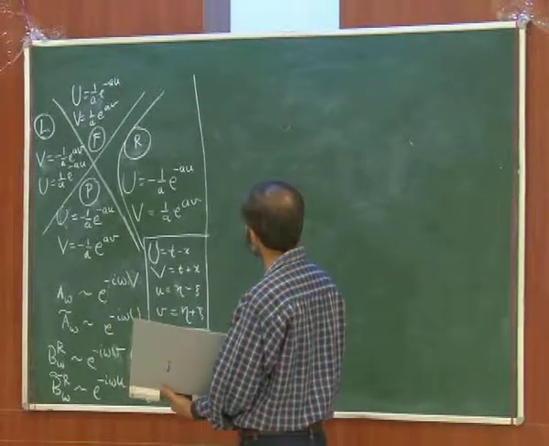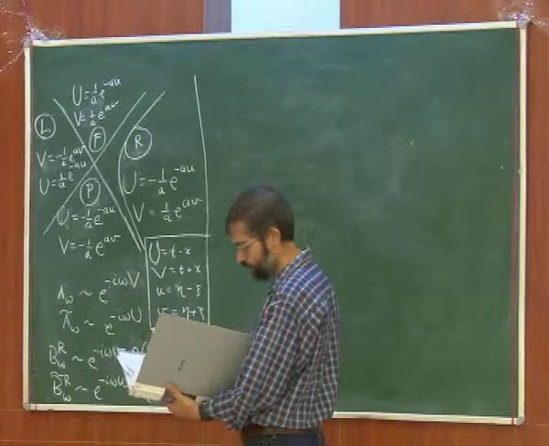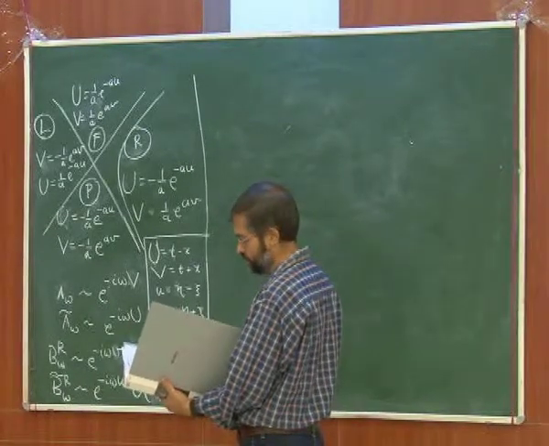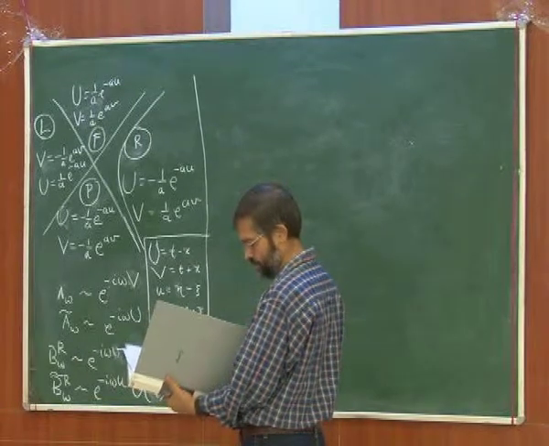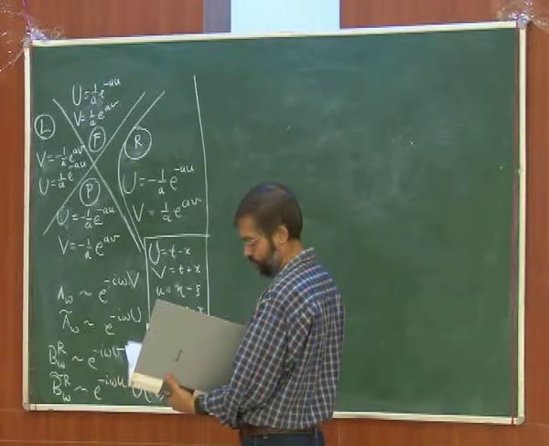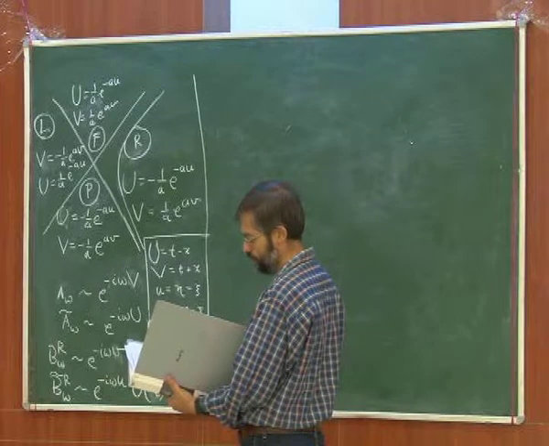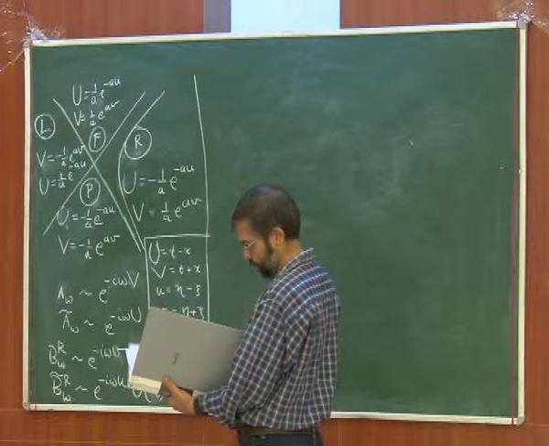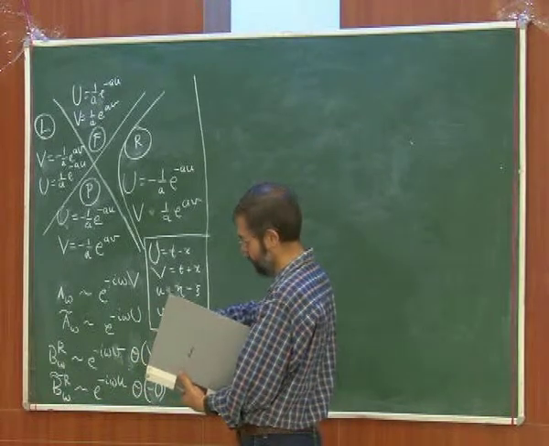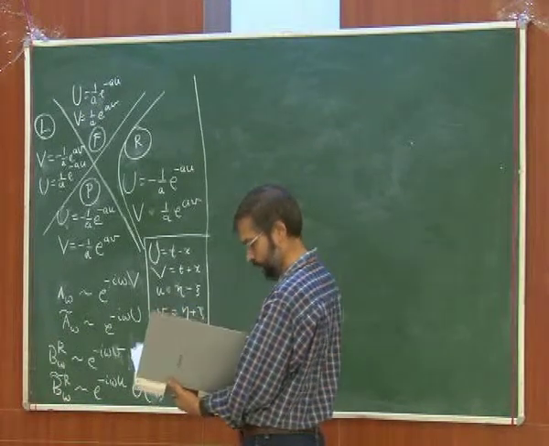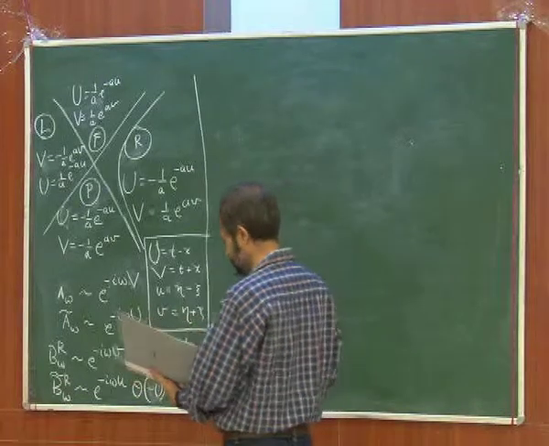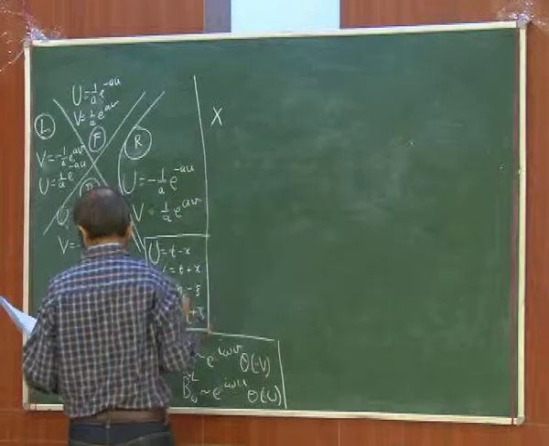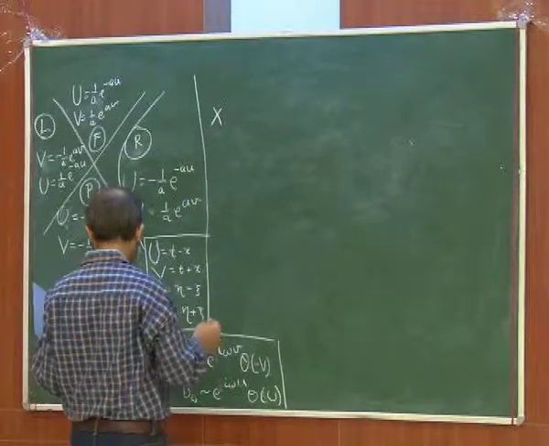Let me just write down one more formula to connect up, if I can find it. Okay, here we are. So, the family of accelerated observers was given by